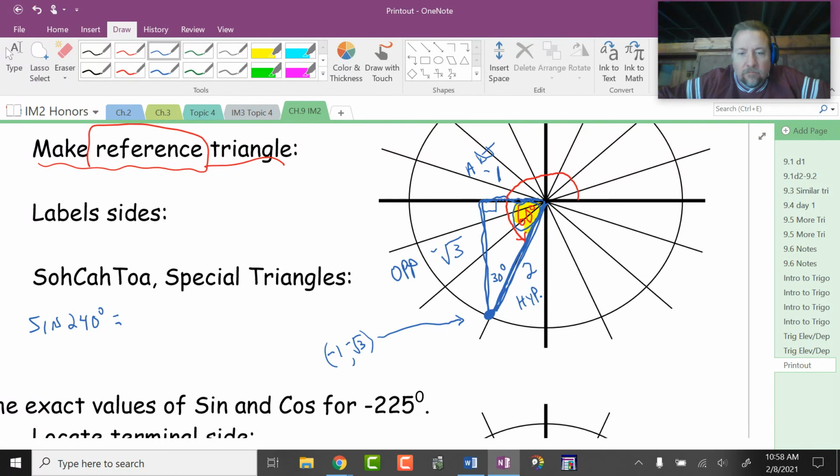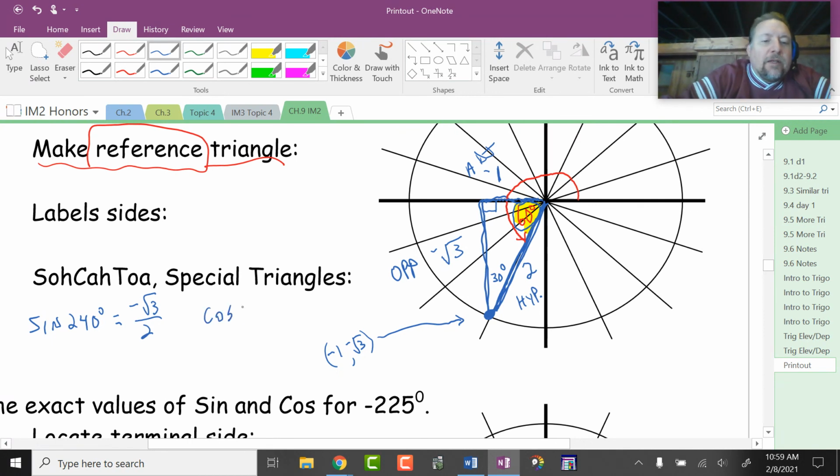So that would be negative square root 3 over 2. Sebastian, what's the cosine of 240? It would be